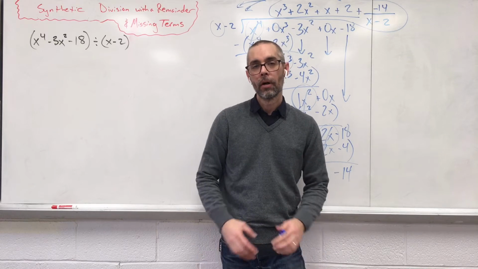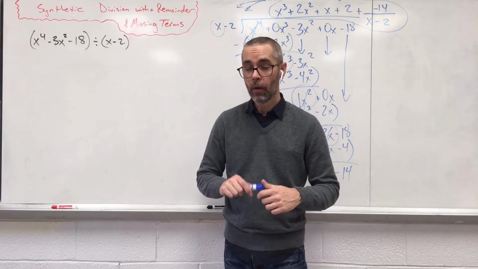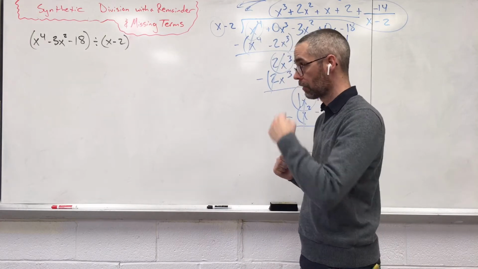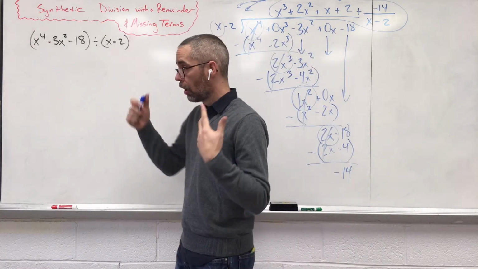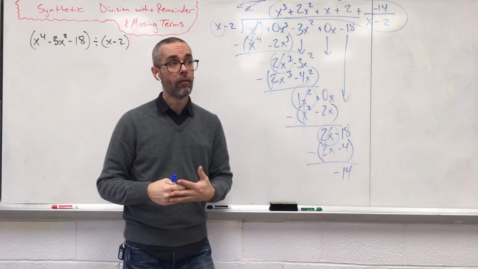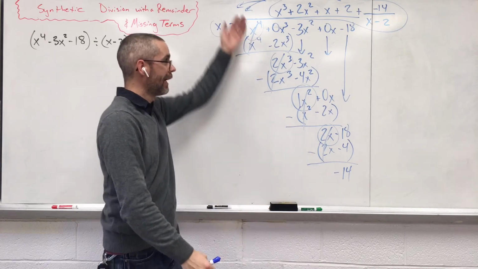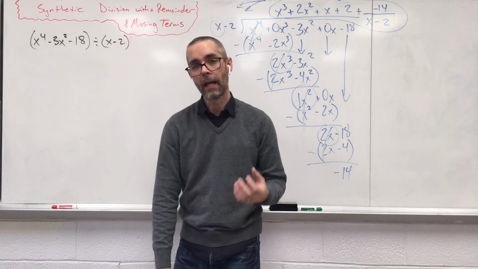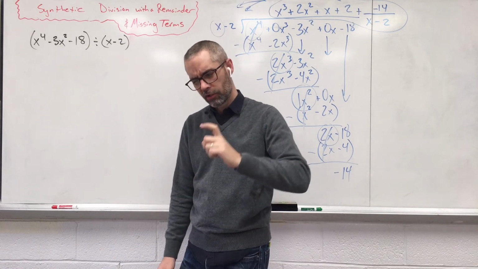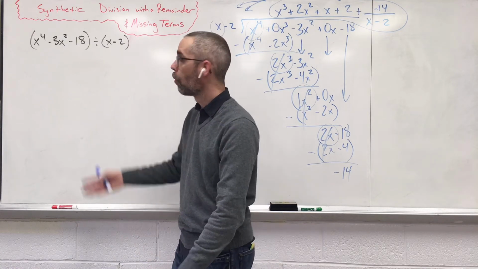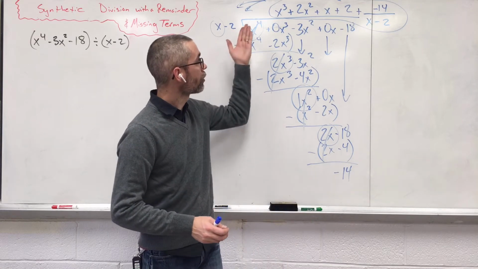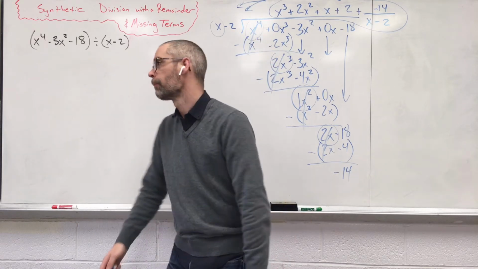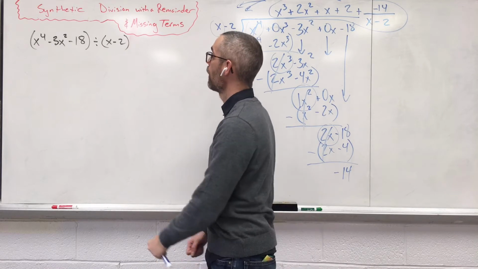We're going to look at polynomial synthetic division with a remainder and having missing terms. So we could do long division to divide polynomials and get all this big ugly work, or you could do something called synthetic division, which takes a little bit of time to understand what's actually happening, but the steps are so much quicker than all this, and we still end up with the same answer. So with that said,